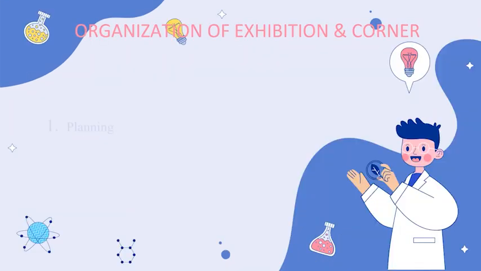For organizing any science exhibition, there are a few steps that need to be followed to make the science exhibition a successful project. First is planning. Planning is an important aspect in organizing any science fair. It should be done well in advance. It could be about the procedure, factors, place of work, etc. The following aspects should be kept in mind during planning.